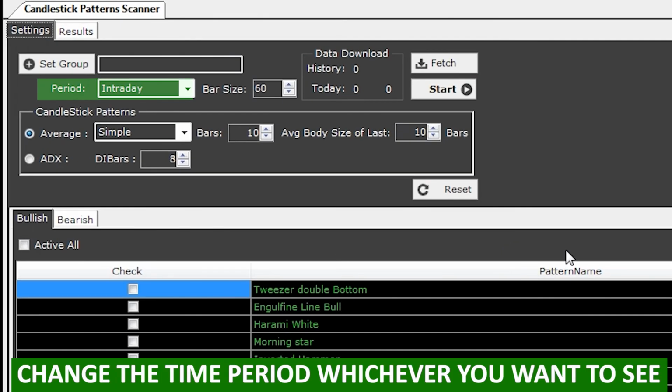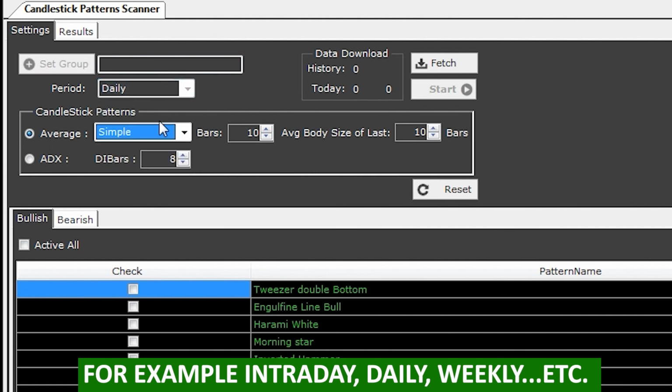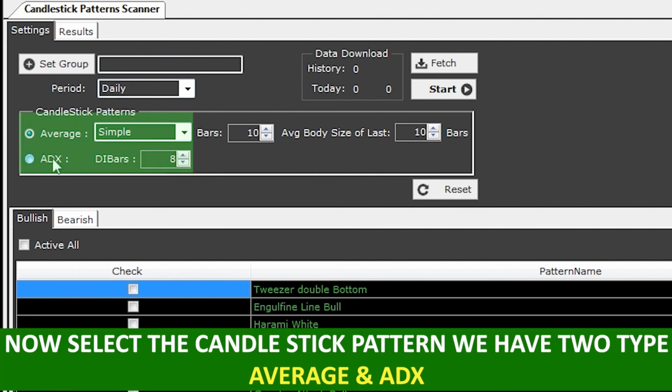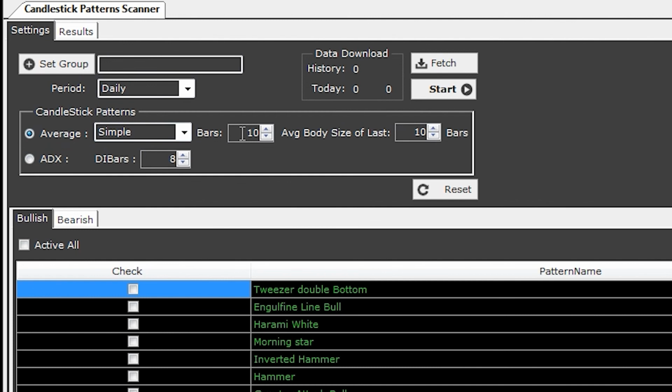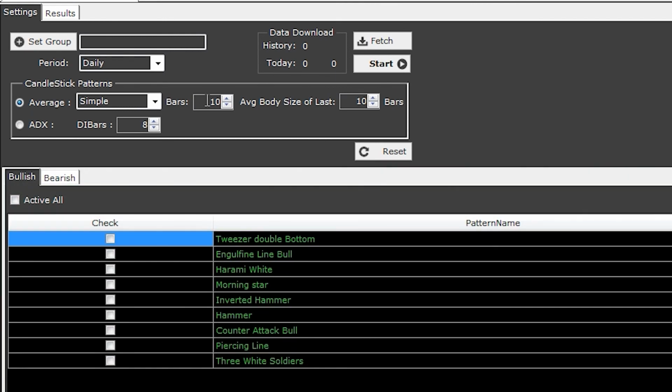Change the time frame which you want to see. For example, intraday, daily, weekly, monthly, etc. I will select daily. Now select the candlestick pattern. You have two types, average and ADX type. I will keep it as it is. Now select the candlestick formation which you want to see, bullish, bearish.